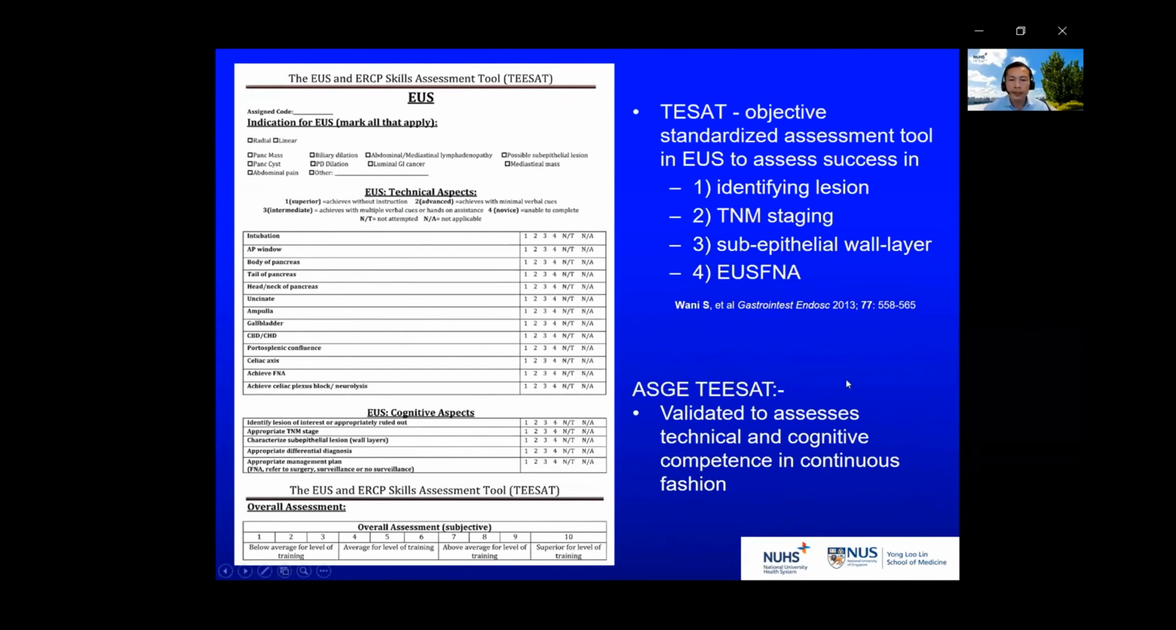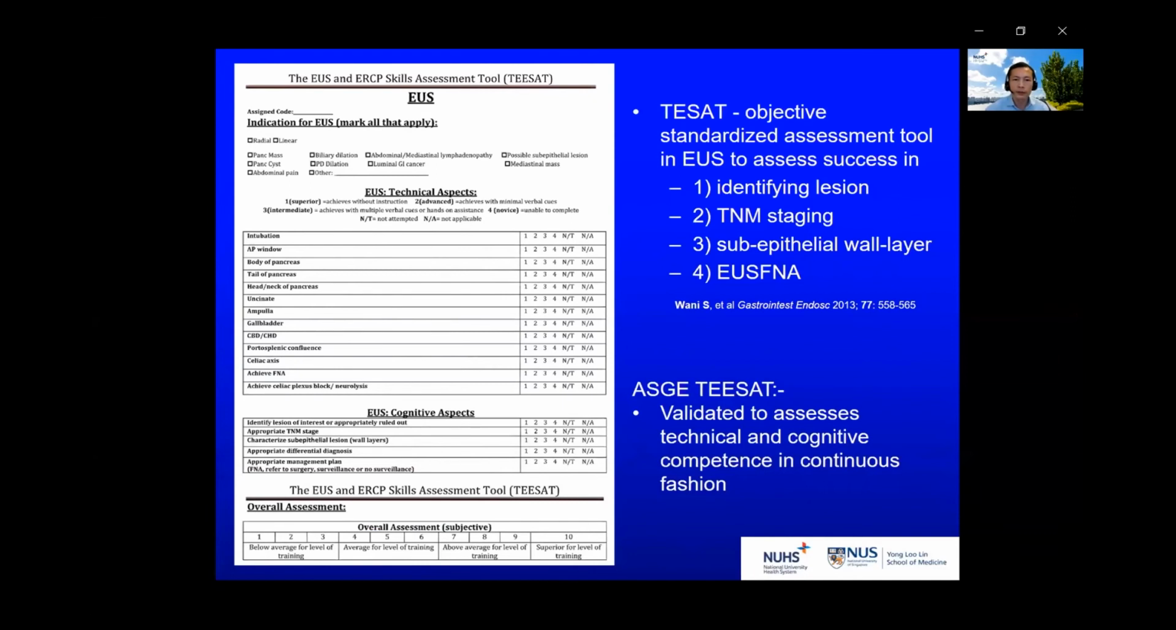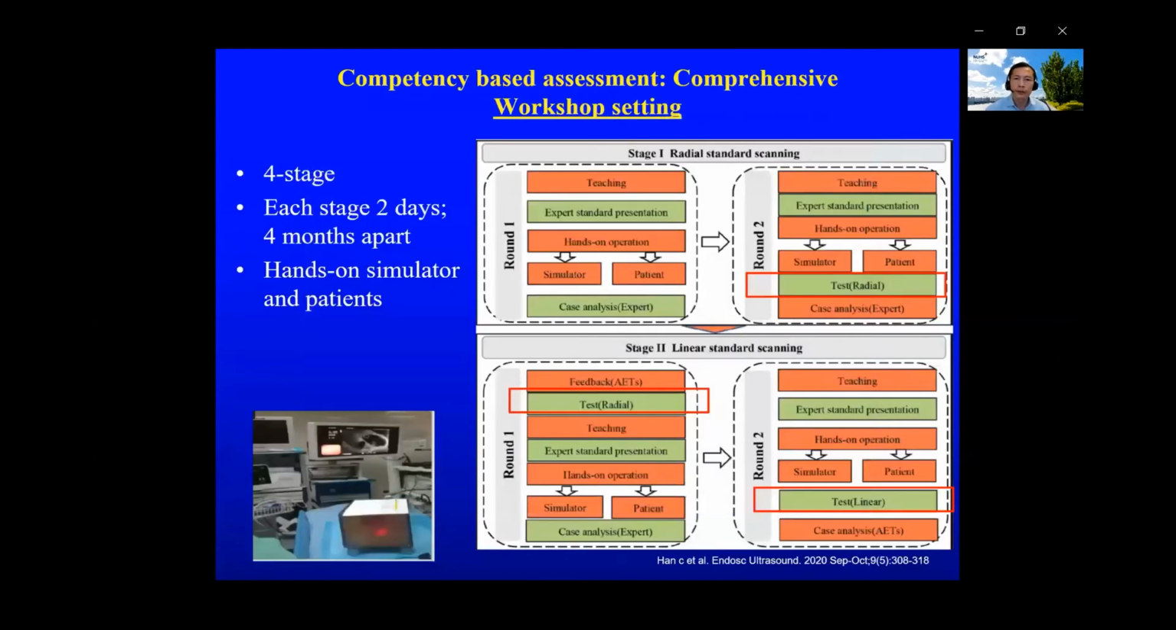And since then, ASGE has adopted this particular tool and has also validated that this tool was good in assessing both the technical as well as the cognitive competency in a continuous fashion. And since then, the tool has been used in both the workshop setting as well as in training program setting. So I just want to actually